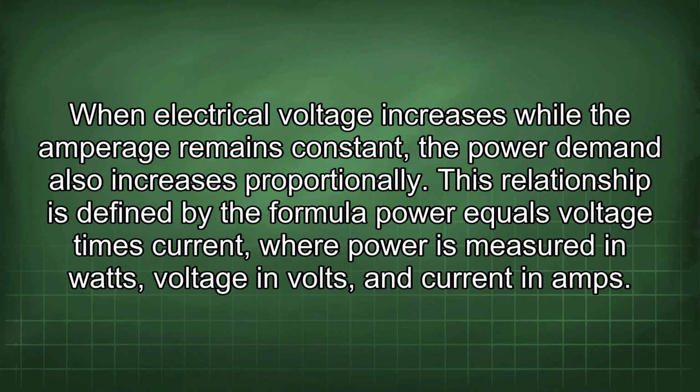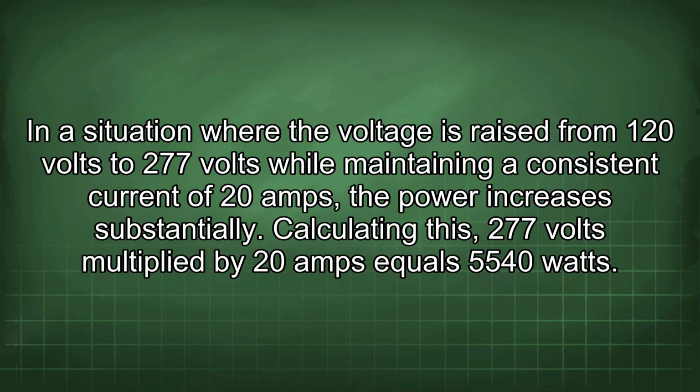When electrical voltage increases while the amperage remains constant, the power demand also increases proportionally. This relationship is defined by the formula power equals voltage times current, where power is measured in watts, voltage in volts, and current in amps. In a situation where the voltage is raised from 120 volts to 277 volts while maintaining a consistent current of 20 amps, the power increases substantially. Calculating this, 277 volts multiplied by 20 amps equals